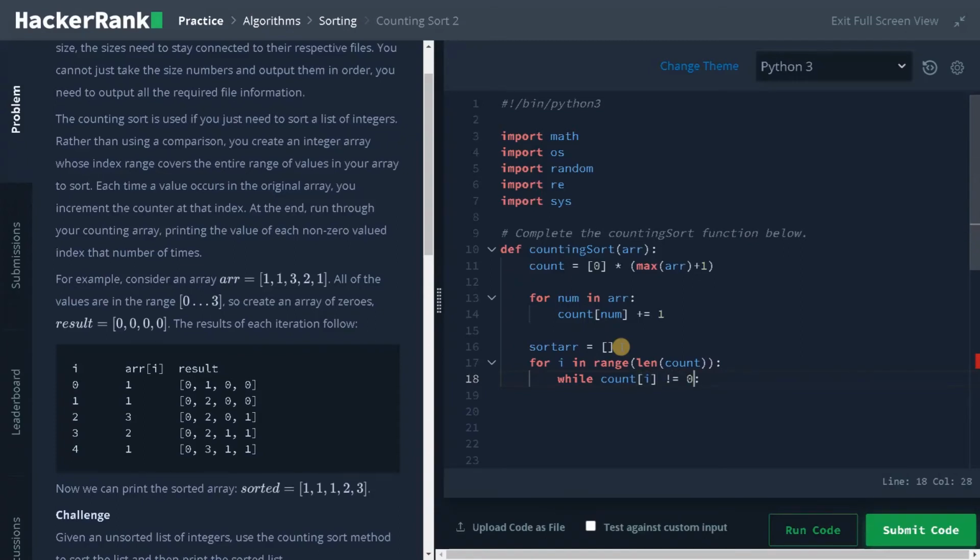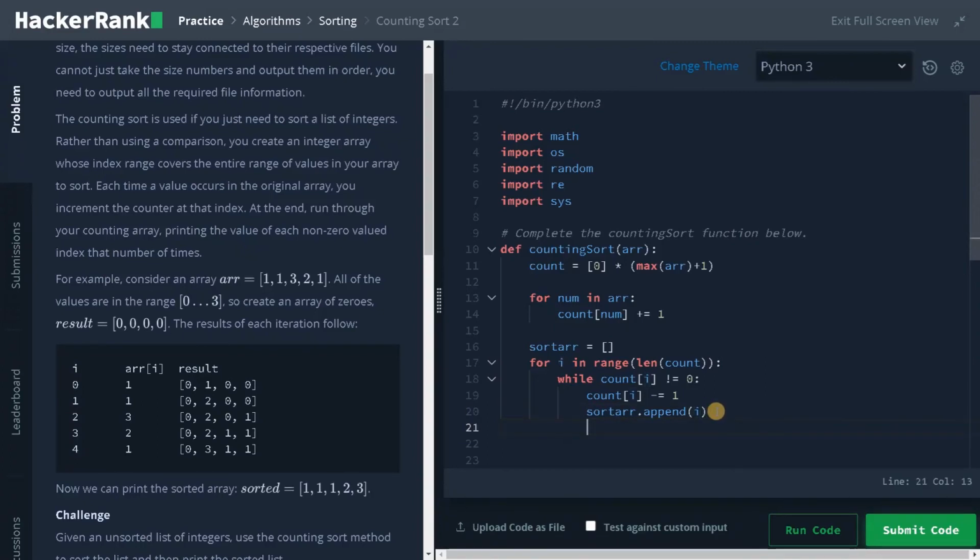So not equals 0. We will decrement count of i by 1 and append the index to the sort array. So sort array dot append i. So this index corresponds to the array value. That's why I am appending this value to the sort array.